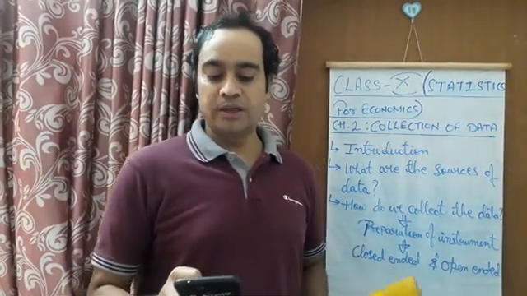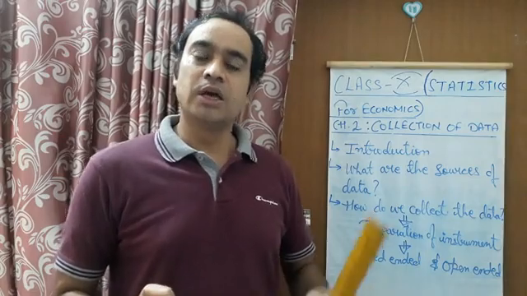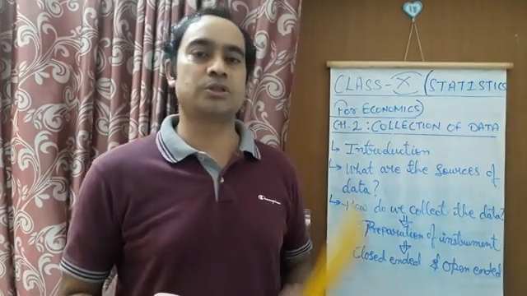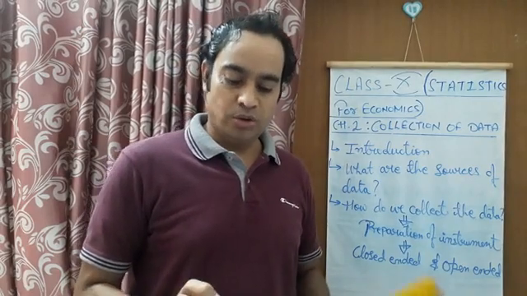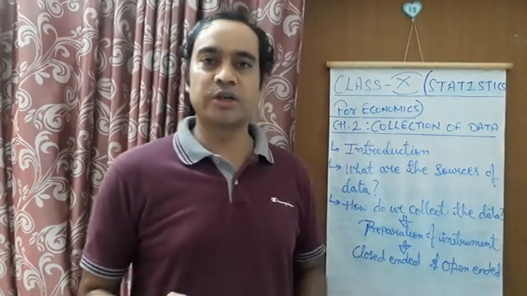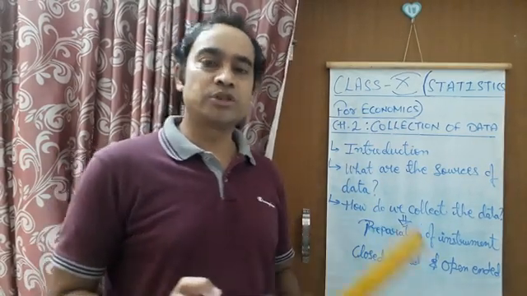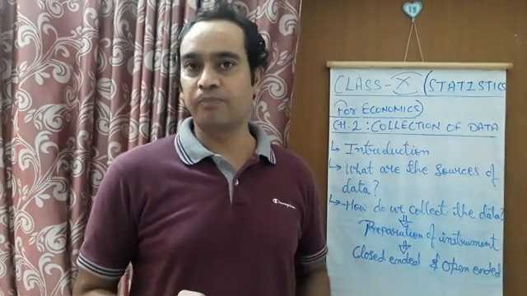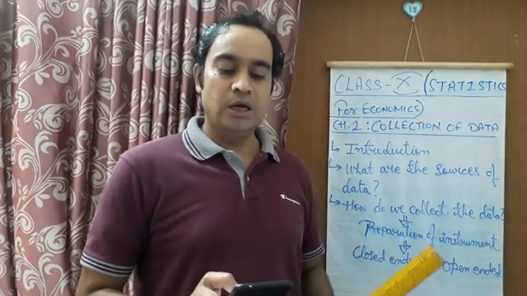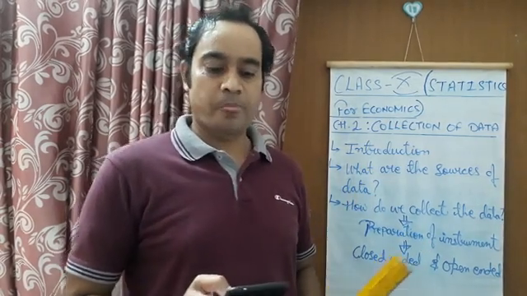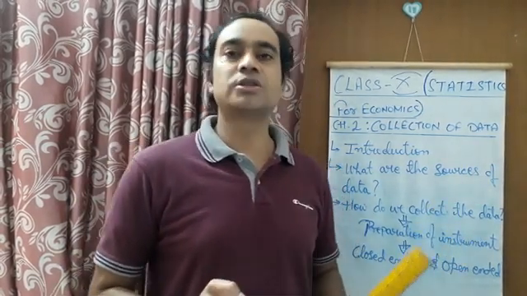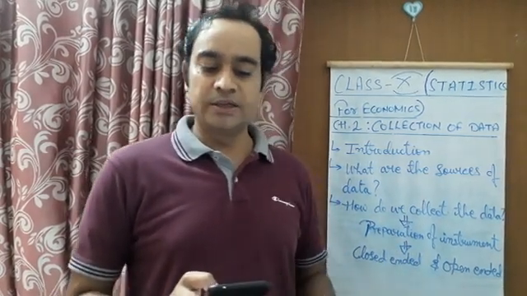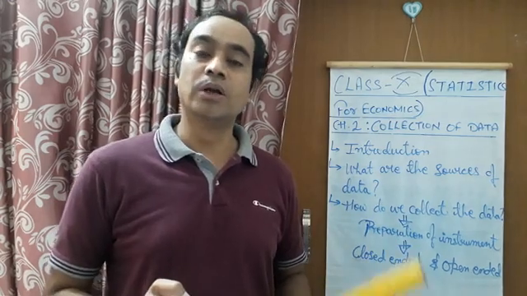Then the fourth point to keep in mind while preparing a questionnaire is that the questions should move from general questions to specific questions. So there are two kinds of questions here, a poor question and a good question. A poor question is one in which the question moves from specific to general. For example, this is a poor question: Is the increase in electricity charges justified? Second question: Is the electricity supply in your locality regular?